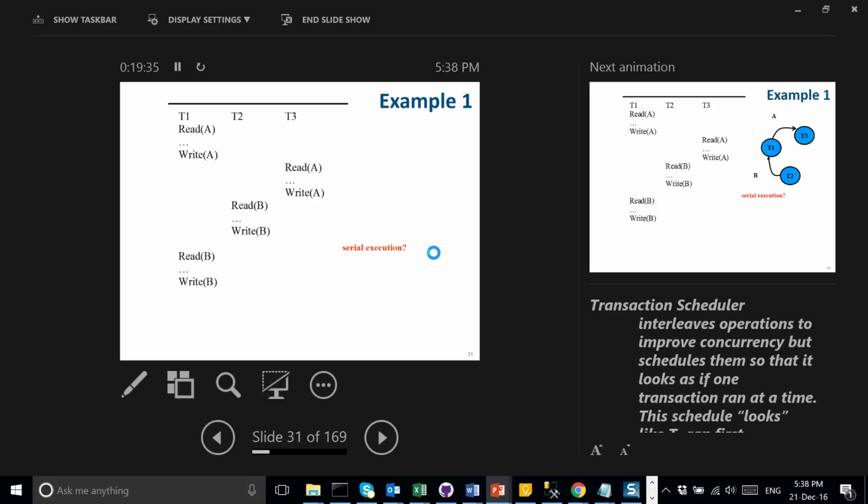So basically, when there is a conflicting operation, I draw an edge, and I can say basically this is the conflicting operation, conflicting on A. So there is potential conflict. If I allow A to go first, then basically what I want to say here, I cannot swap these. So there is some precedence. There is some precedence between these transactions.